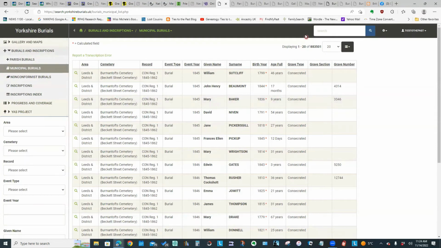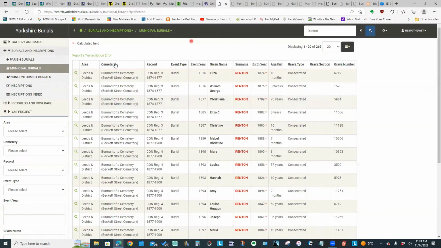So to start out, all I'm going to do is search by surname. I'll type in Renton. It is confirming to me that I am searching just in the municipal burial section. And it shows me this spreadsheet-like display of all of the Rentons.